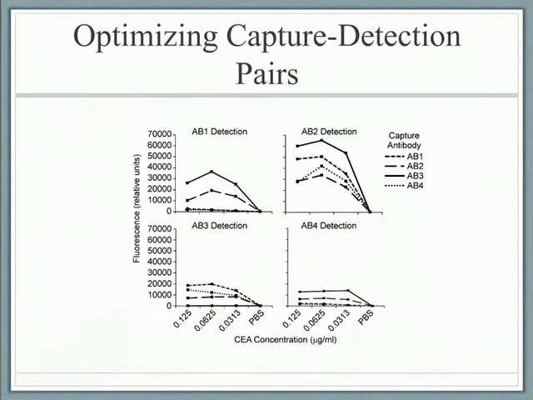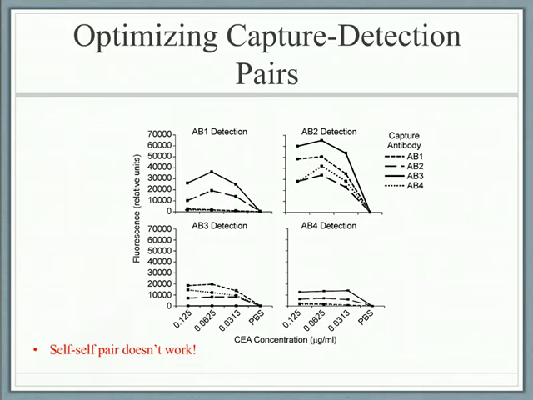And here's an example of an optimization for the analyte CEA, cancer marker CEA, with 4 different antibodies that were each used as the capture and detection. So each plot shows the curves with each of the antibodies as capture, and each plot is a different detection. So you see there are 16 combinations there. And what to note from here is that in each plot, the self-self pair doesn't work. These are all monoclonal antibodies, so they are against a specific epitope on the protein.